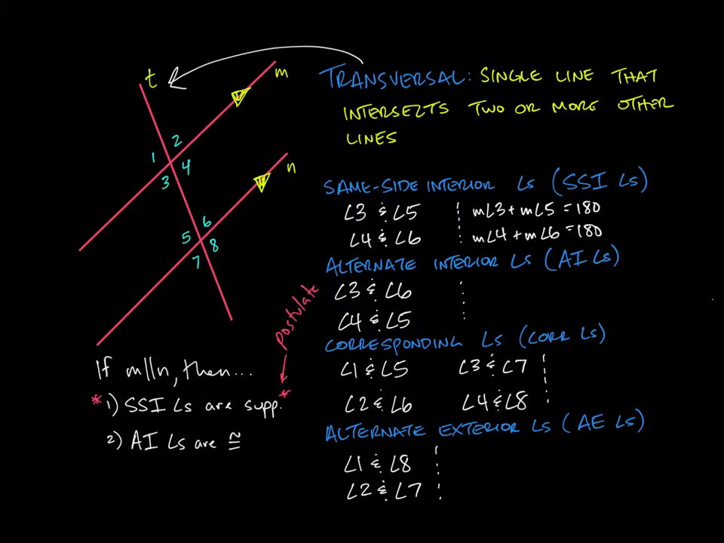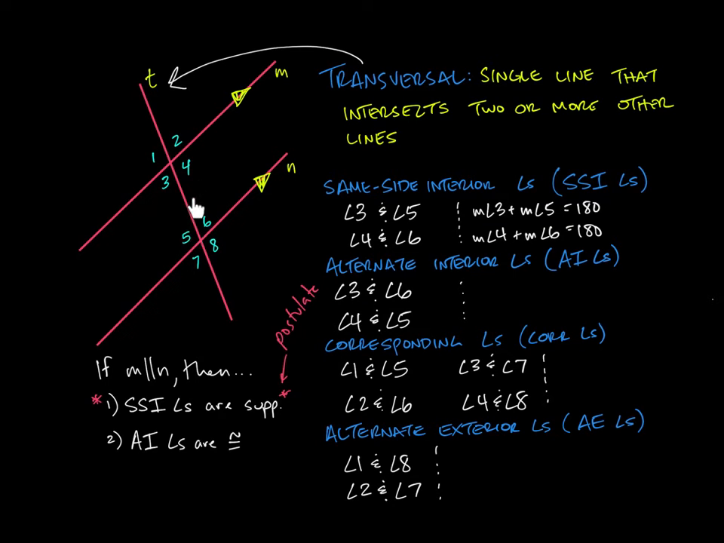Now, if that's true, if angles 4 and 6, for instance, are supplementary, we already know that angles 5 and 6 would also be supplementary because they form a linear pair, right? 5 and 6 are a linear pair. 4 and 6 we're assuming are supplementary because the lines are parallel and they're same-side interior angles. And so now we can see that angle 4 and angle 5 are both supplementary to angle 6. And we learned in topic 1 that